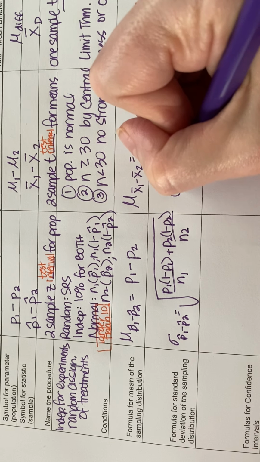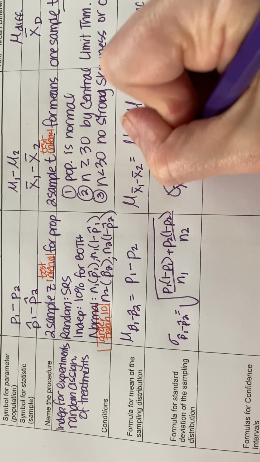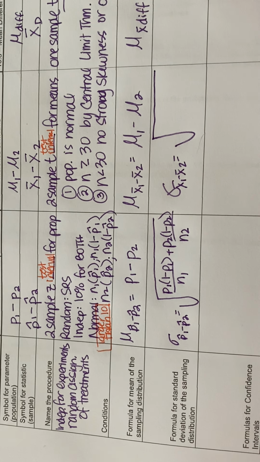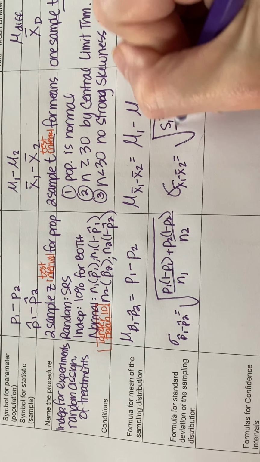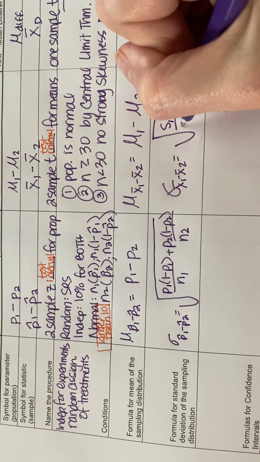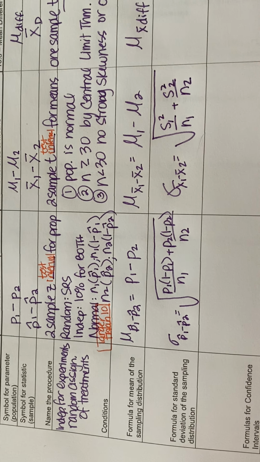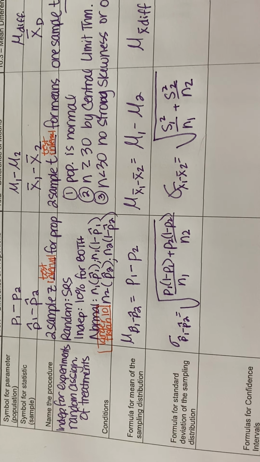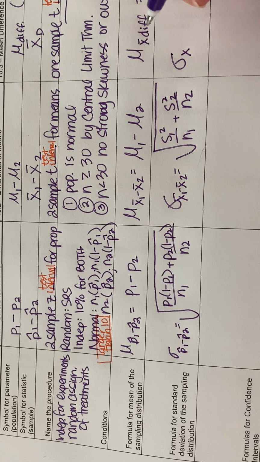The standard deviation for x bar 1 minus x bar 2 is the square root of, and then the standard deviation for the mean difference